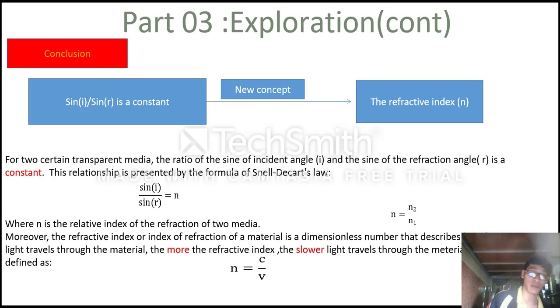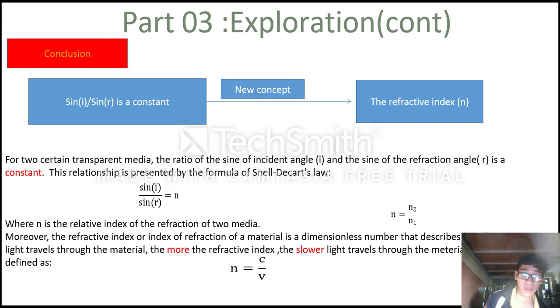This relationship is presented by the formula of Snell-Descartes law. Snell and Descartes are true scientists. They are independent. They discovered this law in optical physics, where n is the relative